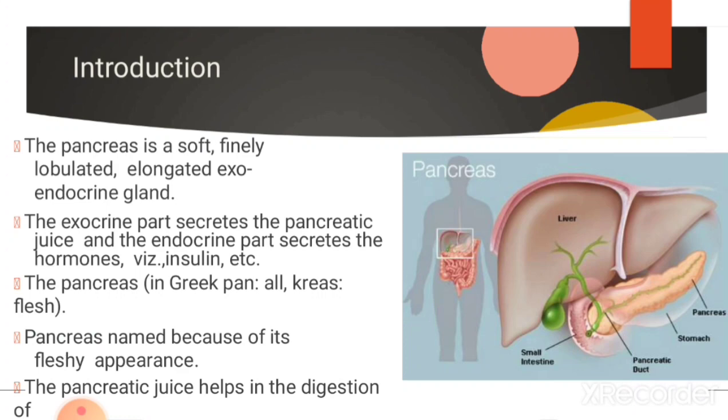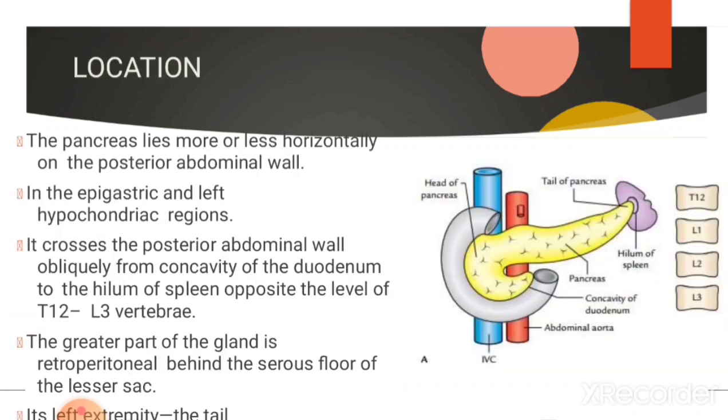The word pancreas originated from the Greek words pan, meaning all, and kreas, meaning flesh. Because of its structure, it appears almost fleshy. That is why it is known as pancreas. The pancreatic juice helps in digestion of various food particles, and the pancreas is located more or less horizontally on